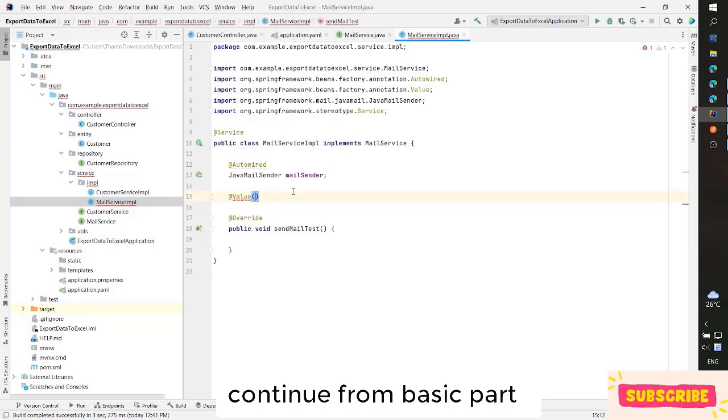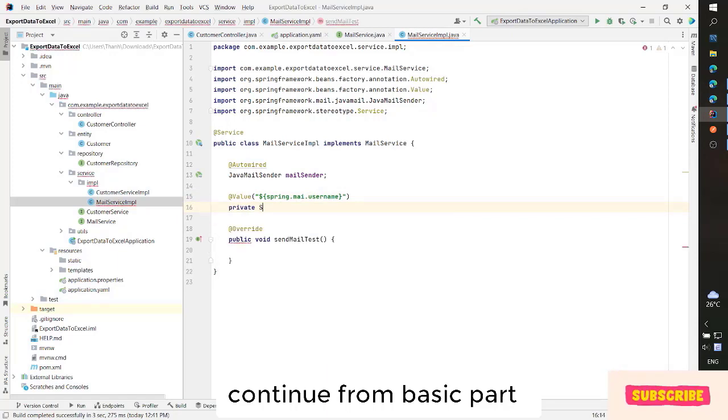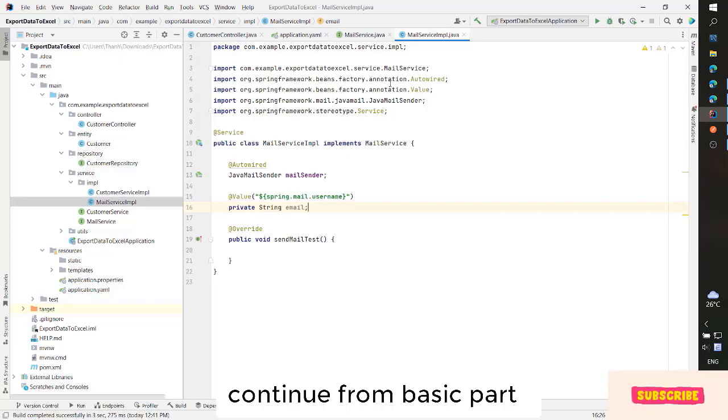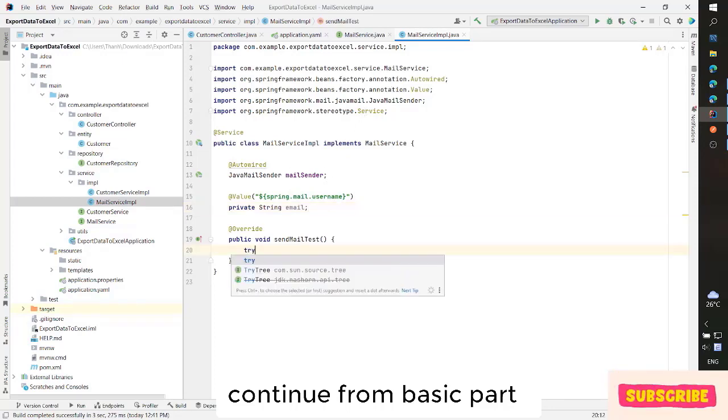The value is spring.mail.username, and a private String holds the email, and in the method sendMailTest there is a try-catch block